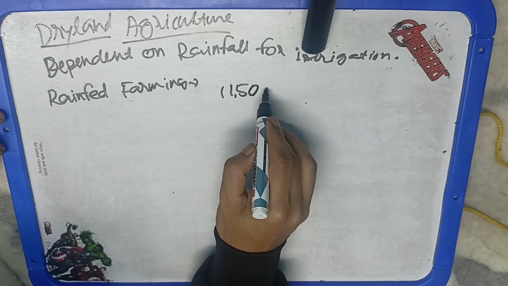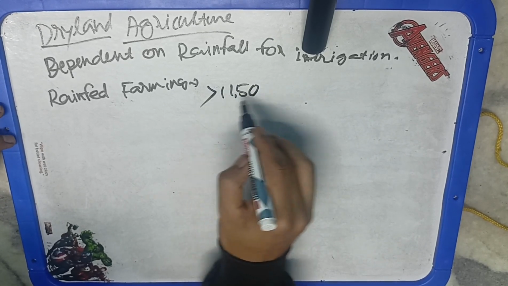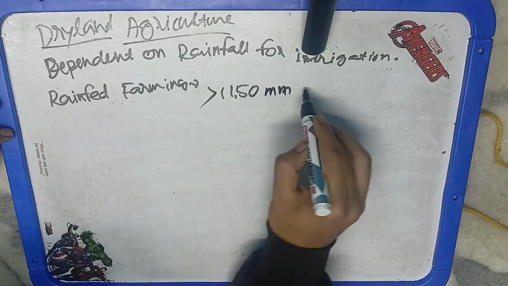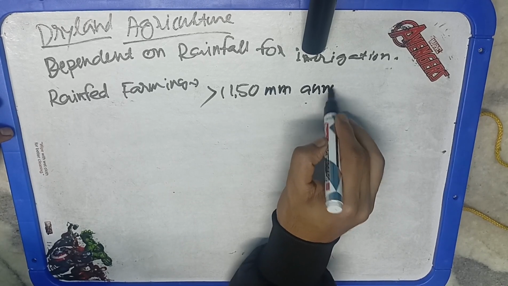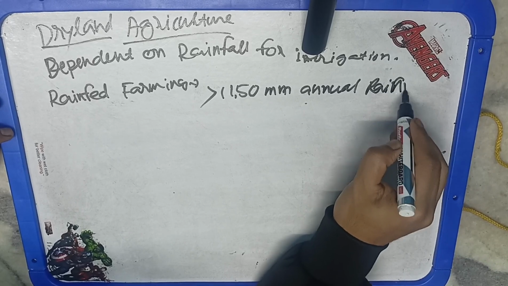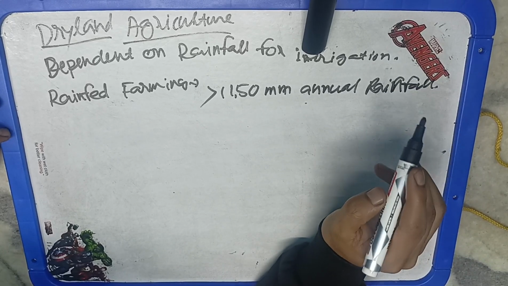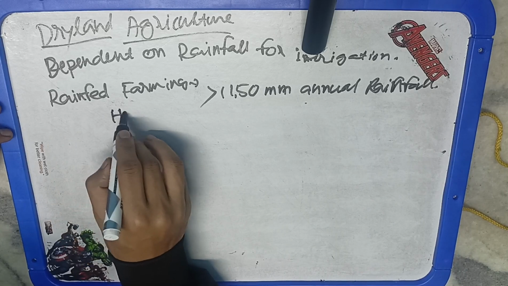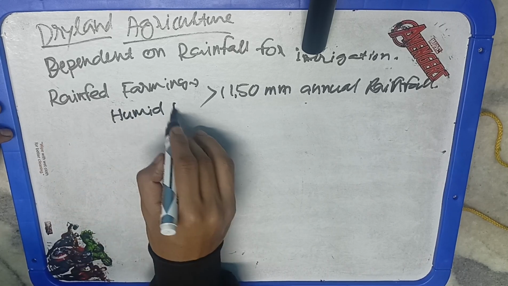Like if we are sowing a crop like wheat in the month of October, and we will harvest in the month of April, then a continuous supply of water is required from October to April at an interval of 20 days. If we are not getting rain within those 20 days, then we will lose the crop. Again, if the rainfall happens only in October or only in April, it is not beneficial for crop production. So based on the annual rainfall, we have classified dryland agriculture into three parts.